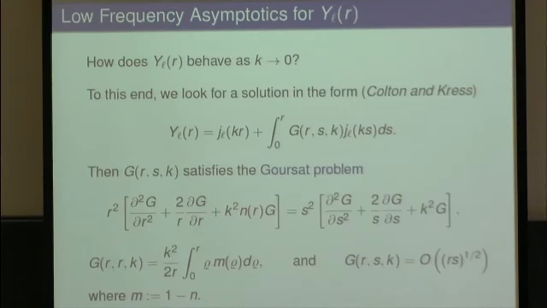We already have, remember, for n of r bigger than 1 or less than 1, the asymptotics of YL for large k. Now we want the asymptotics for YL for small k. And that's what you can do, an easy form to do. This is a result of Reiner Kress and myself.